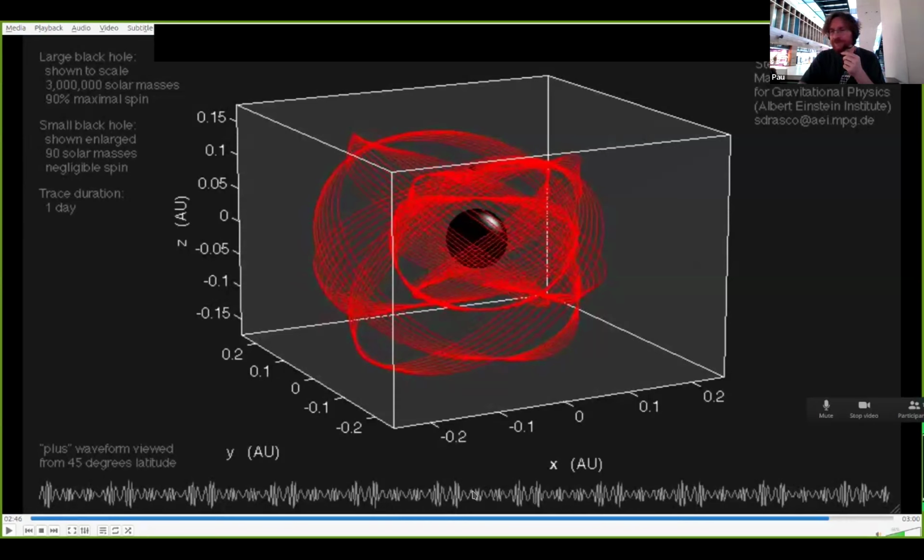This per se is really our research field, and requires really the brightest minds because, first of all, at these mass ratios of about 10 to the 5, we don't know how to produce this kind of waveforms. And second, if you try to fit this, we don't know how to do it.